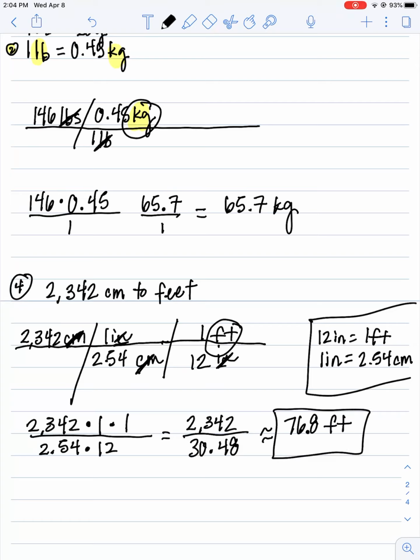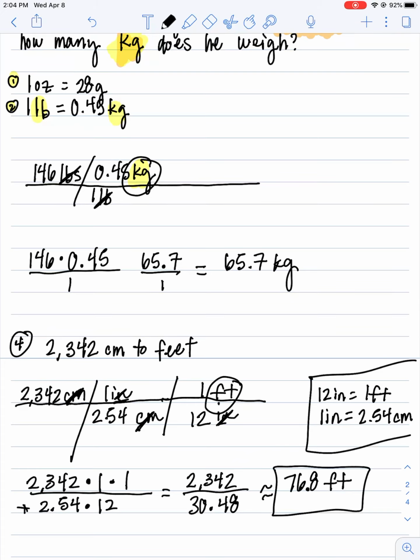And then put the unit, guys. What's the only unit left up there? Feet. So we put feet. Okay? So if for some strange reason, you had 2,342 centimeters of yarn, that would be 76.8 feet of yarn. Okay? So I wanted to give you one